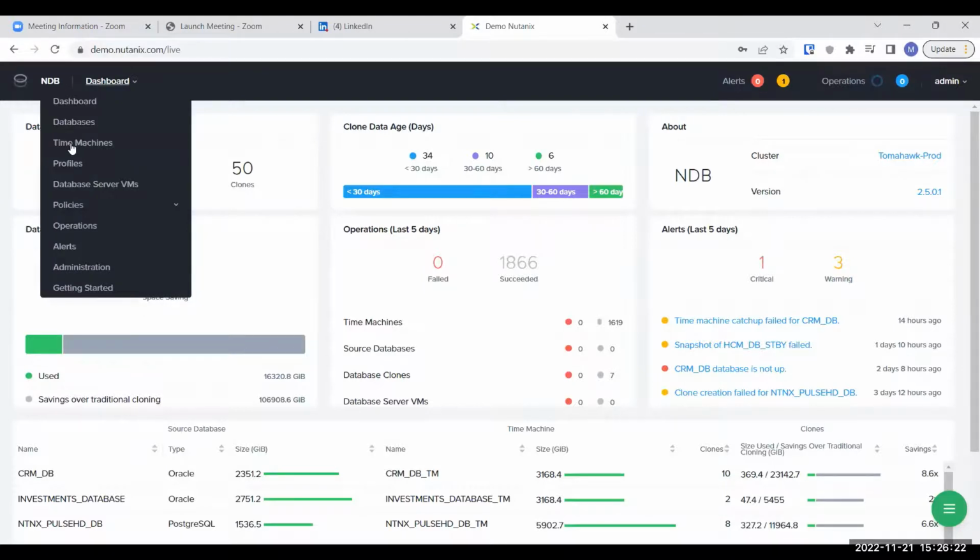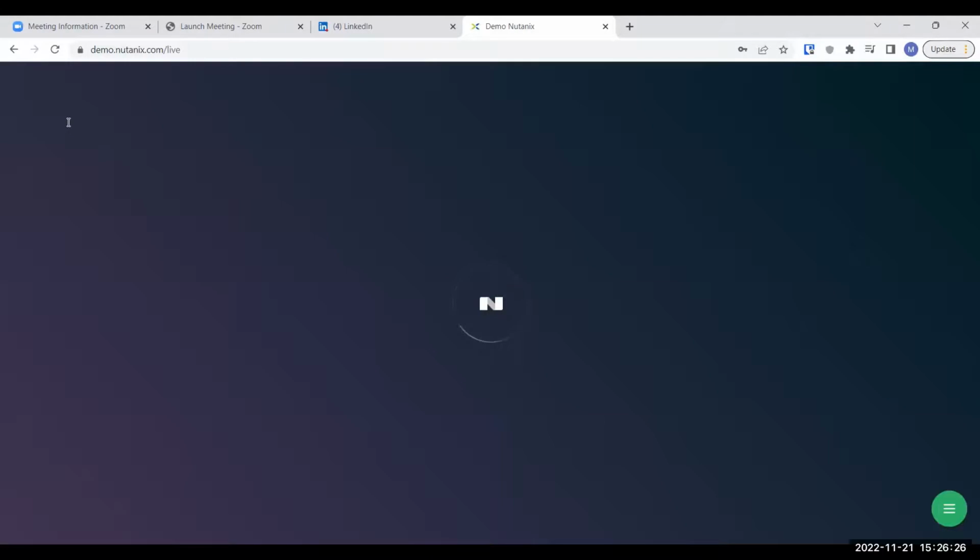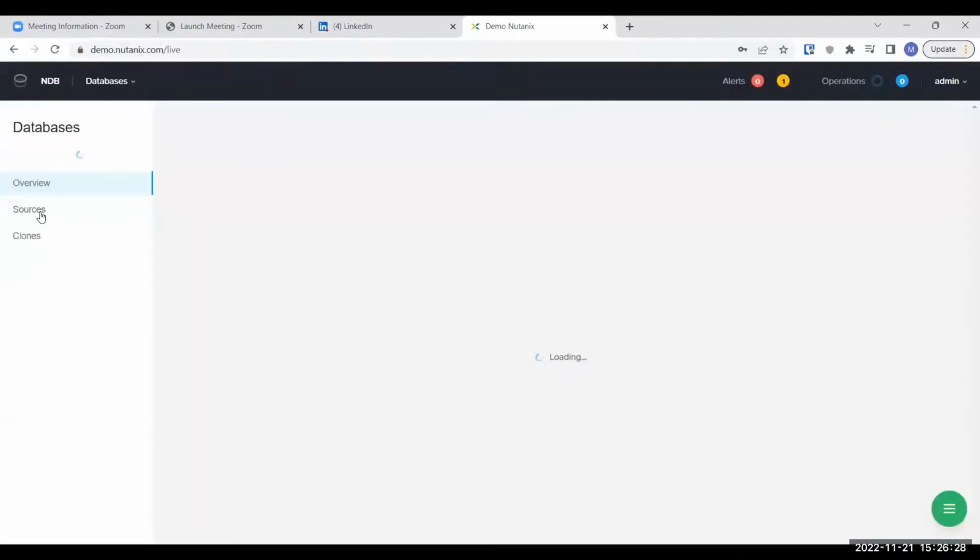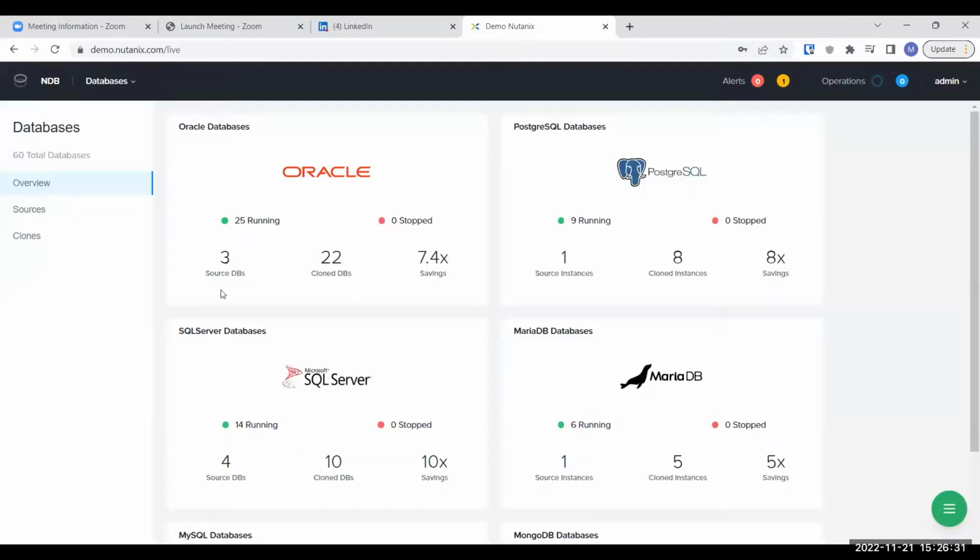I can go to databases. You can see Oracle, there are 3 databases, 22 clones, and we are saving 7.4 times the storage. Let's go to sources.